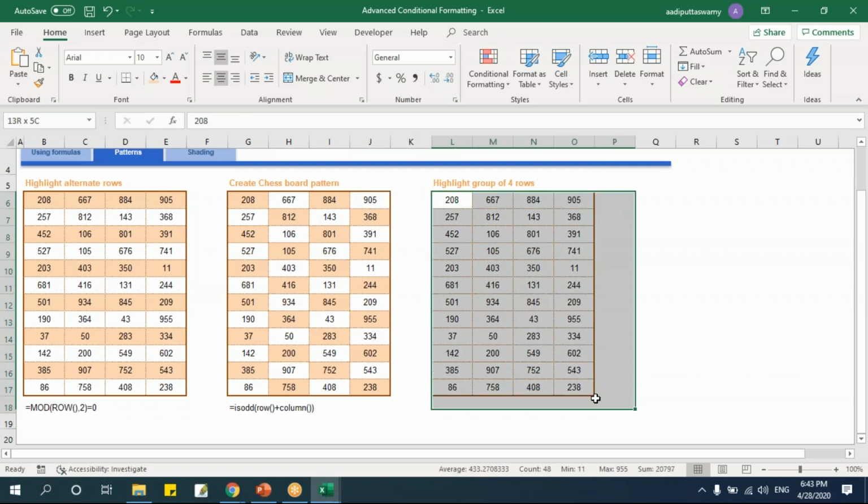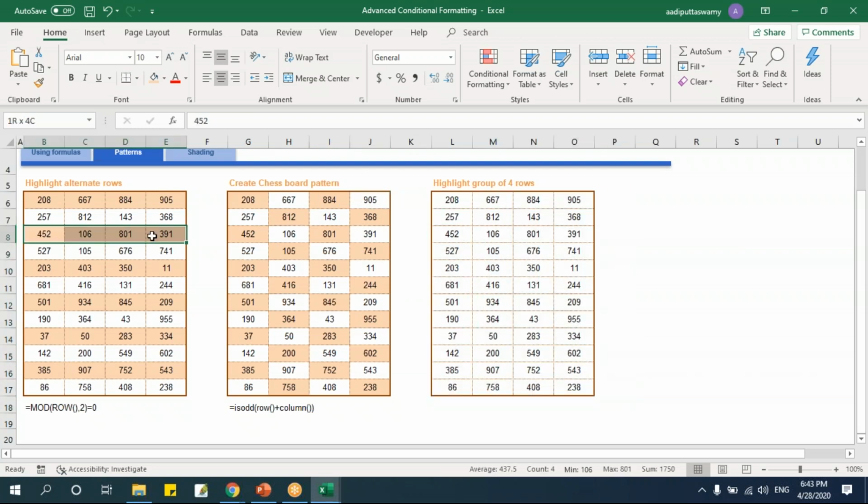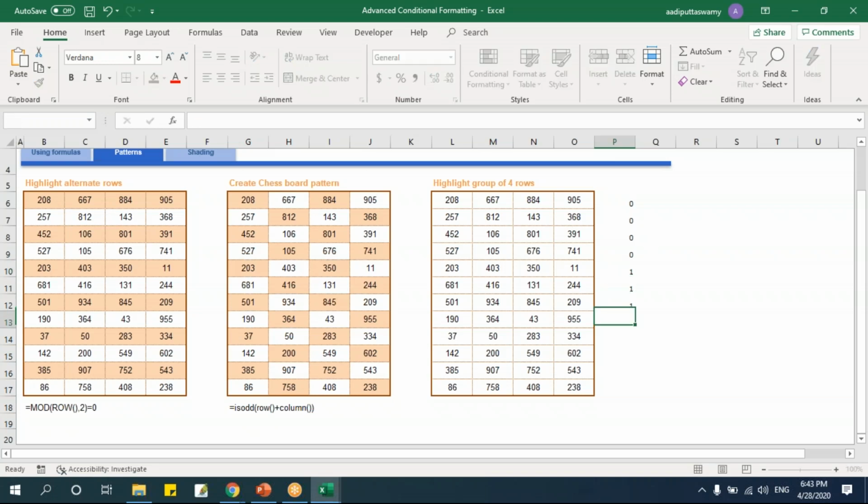But suppose if you want to highlight, say like I did alternative rows here, I want to highlight 4 values like this, and again 4 values should not be highlighted, then again 4 values. So it's like a set of 4 or a group of 4 rows. A simple thing you do is just put this as 0, just a simple way, then put this as 1. So wherever it is 1, it has to get highlighted. Wherever it is 0, it should not highlight.